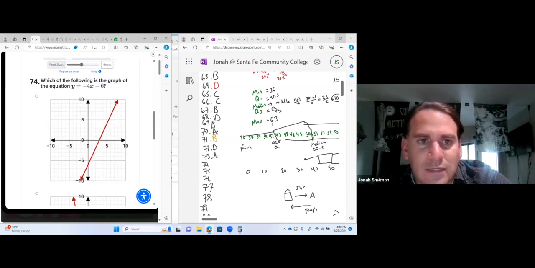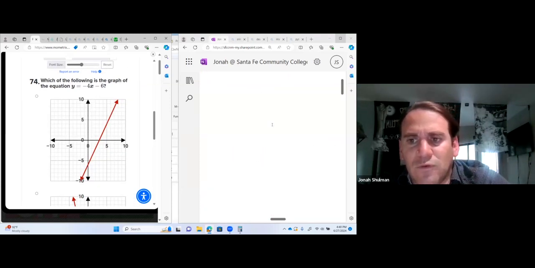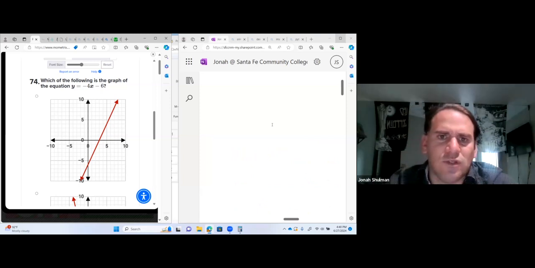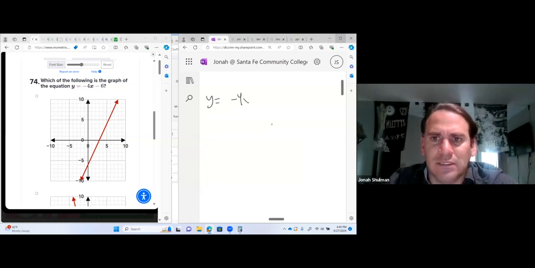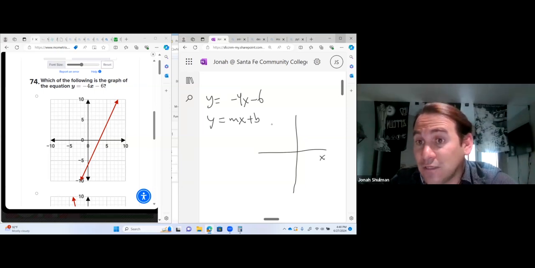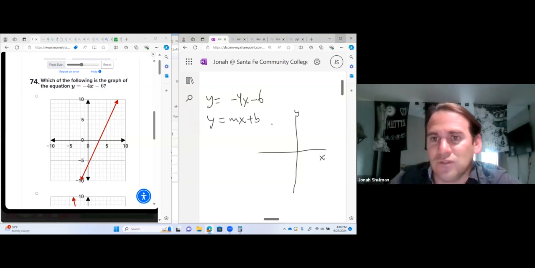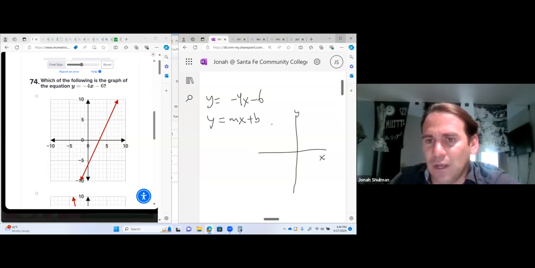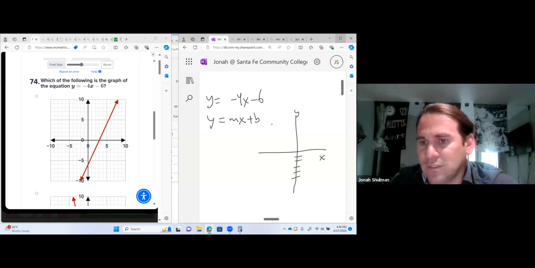All right, so here's our line. I know I showed you this before, but these are really nice. So y equals negative 4x minus 6. So this is in the y equals mx plus b form. Remember, this is our friend Descartes. He's trying to catch those flies. So negative 6, this is our b, our y-intercept. So that's 1, 2, 3, 4, 5, 6.